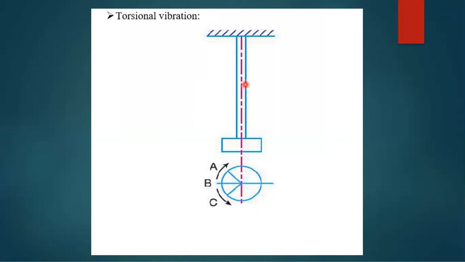Ultimately, the torque is transmitted with the help of gears or turbine blades, and because of this torque there will be a twisting moment induced in the shaft. So this is the basic thing which we need to understand.